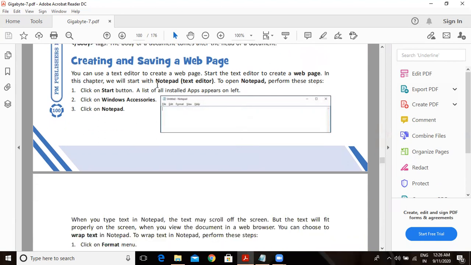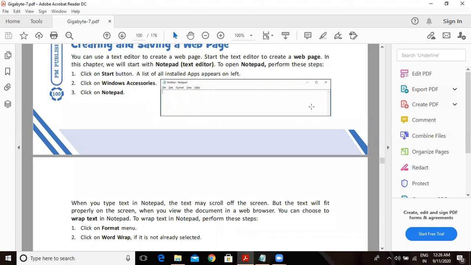Open notepad: click on the start button, click on Windows accessories, and then click on notepad. Once notepad is open, you will write the HTML tag in the notepad. We need a text editor, and which text editor will we use? We will use notepad. First step, open the notepad.